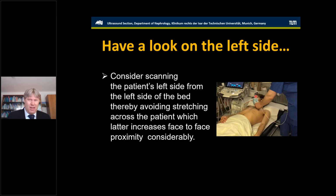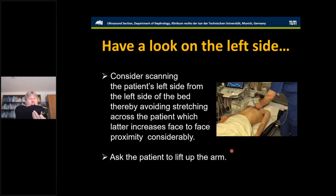Keeping distance from the patient is really also one of the main things if you're performing these ultrasound exams. And if the patient is coughing, be aware that you have to consider, can I really scan this patient, or is the risk for me too high? Ask the patient to lift up the arm. Otherwise, you can just lift up the arm like that. If you've got shoulder problems, normally everybody can do